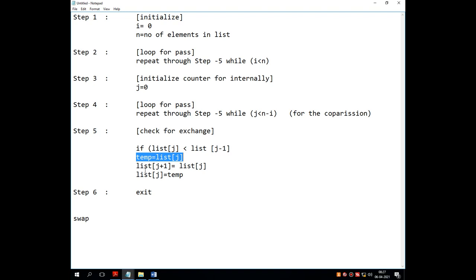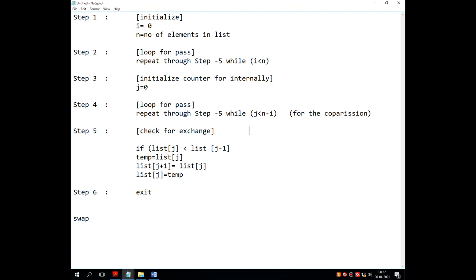So for that, the logic is temp equals to list of j plus 1, list of j plus 1 equals to list of j, and list of j equals to temp.